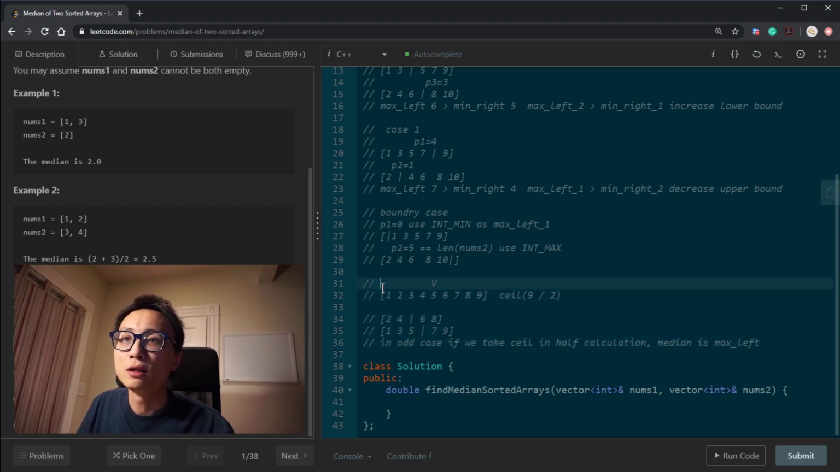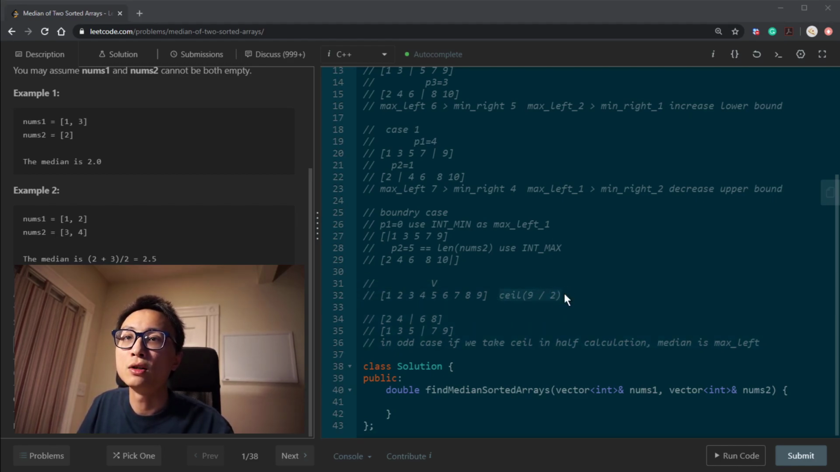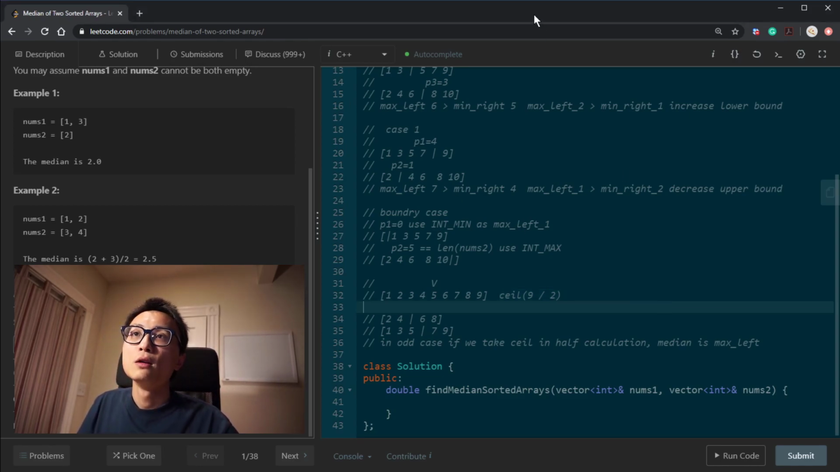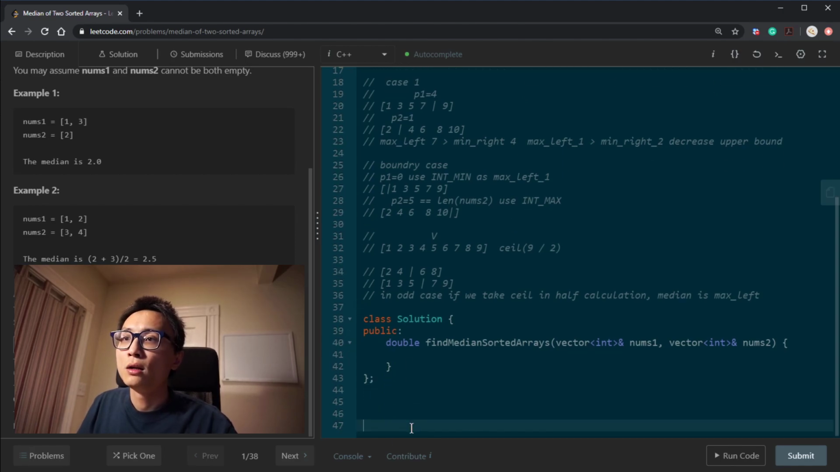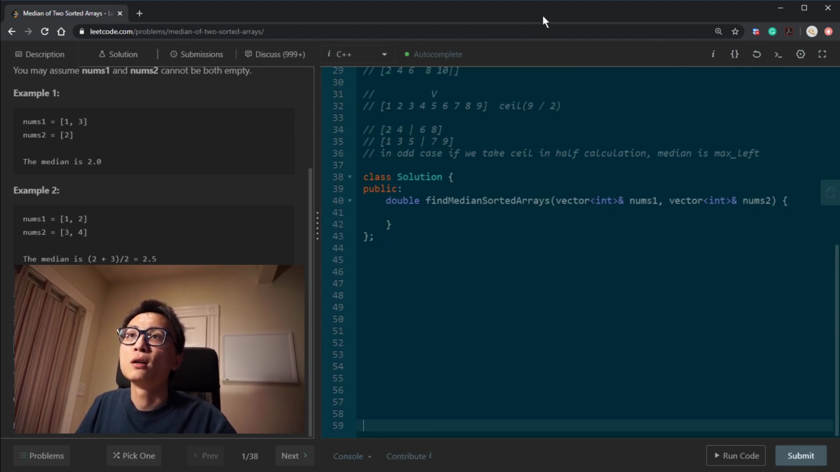That's tied, the logic's tied up to how we actually calculate the half in the odd number of cases. If we take ceiling, it will be the maximum from the left-hand side. I think if we take a floor, it will be the minimum from the right-hand side. The two right-hand side combined, we take the minimum. That would be the median in the odd number of cases. So with that out of the way, I'm just gonna code this up